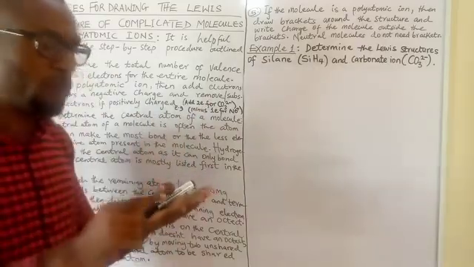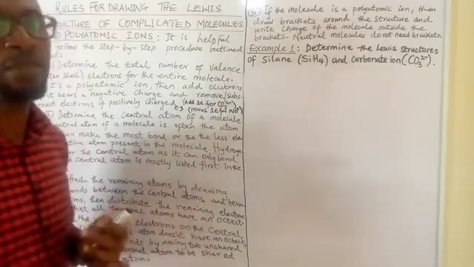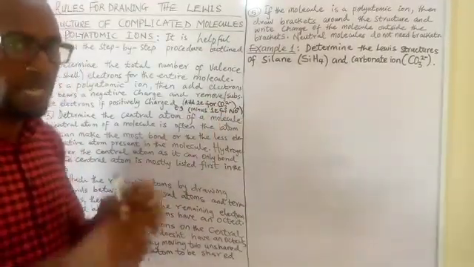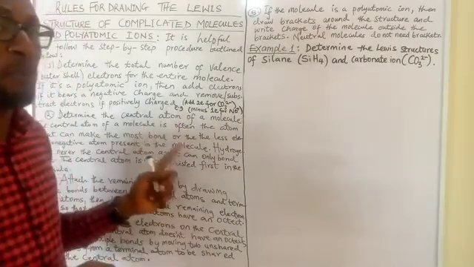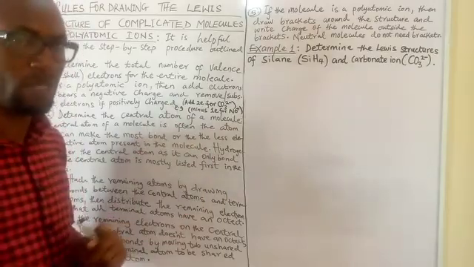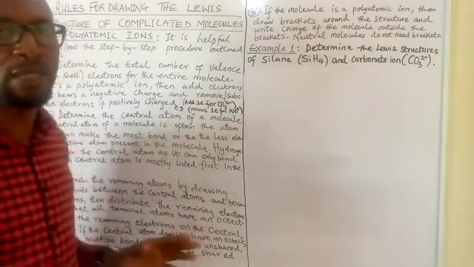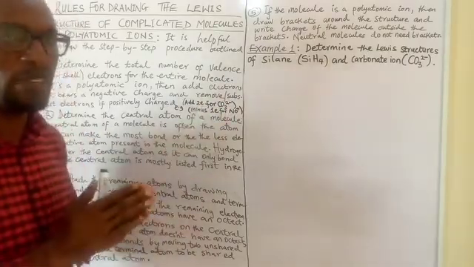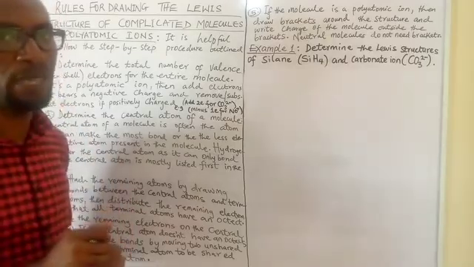So any of the elements that is less electronegative will be centrally placed. So carbon is less electronegative than what? Oxygen. That also corroborates the fact that carbon makes more bonds than what? Oxygen. So carbon should be centrally placed. To nail it completely, to beat your hand in your chest and say it must be carbon that will be centrally placed if you are dealing with carbonate ion, is the third thing I always tell my students.